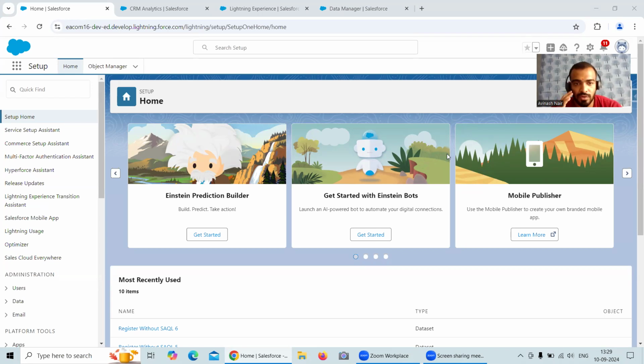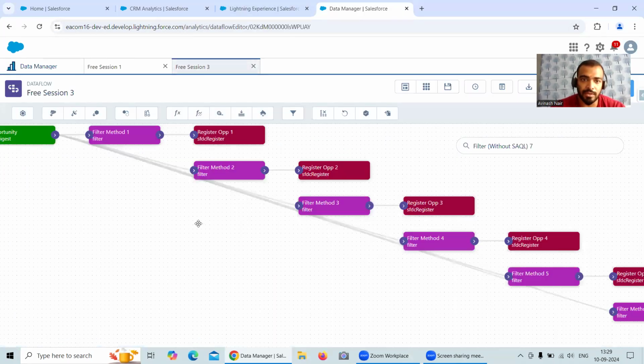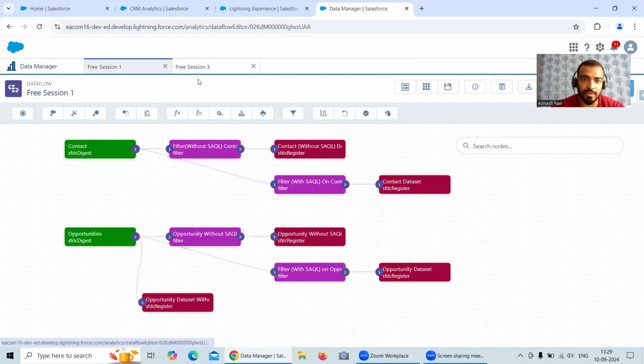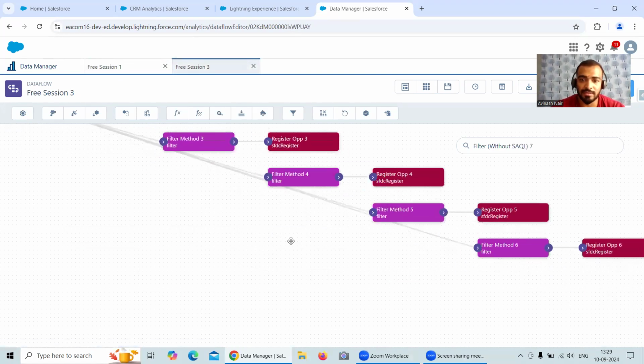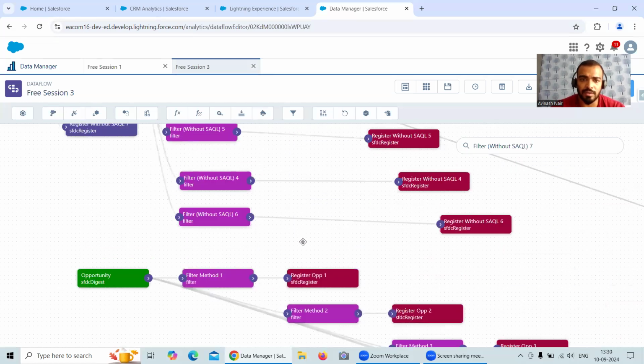So in today's video, we will walk through whatever filter syntax we have done on data flow. We will replicate the same thing, but we are going to do that on recipe side. So let's quickly first check this particular data flow. We will take this as a reference. And let's check the ones we have done